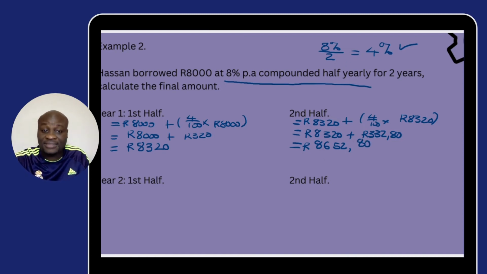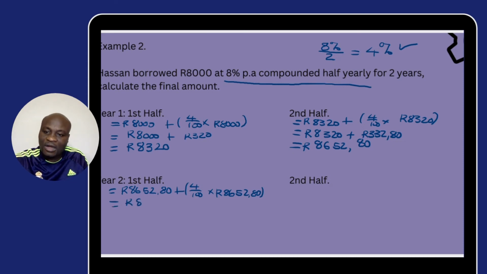So at the end of the first year, I want you to notice we'll have grown our amount from 8,000 to 8,652 rands, 80 cents, when we are using 8% compounded half yearly. So let's call it the second year. For the second year, our opening balance now is again 8,652 rands, 80 cents plus the interest amount of 4% multiplied by 8,652 rands, 80 cents. And then we bring down our opening balance, current balance, plus 4%, sorry,